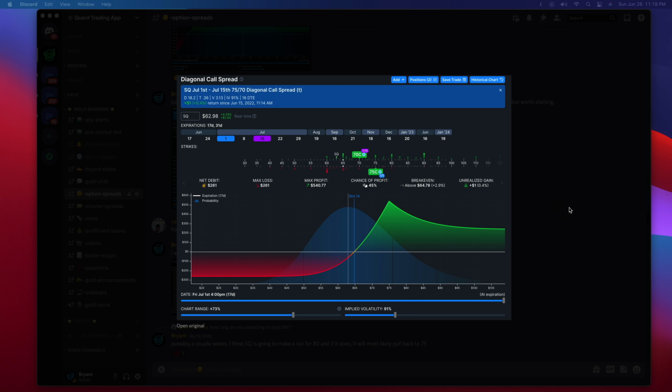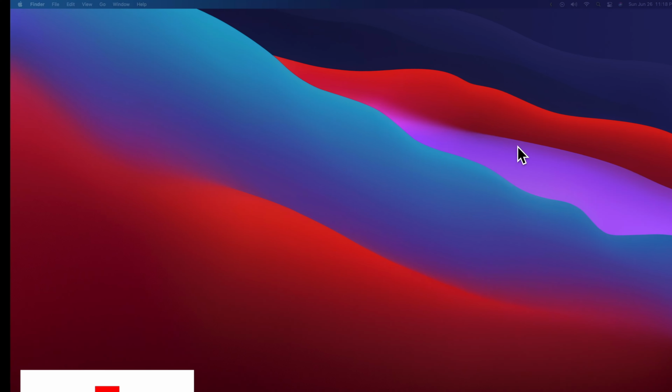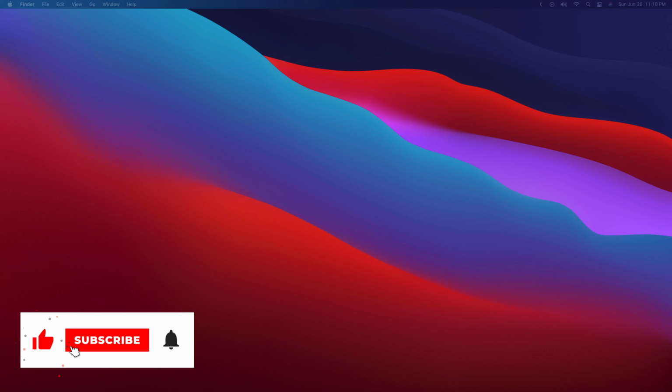It seems a lot of newer traders right now are jumping into the market and immediately jumping into trading naked options. A naked option is just when you buy a call because you think a stock is going to go up. So what I'm going to do right here is take a look at the P&L curve